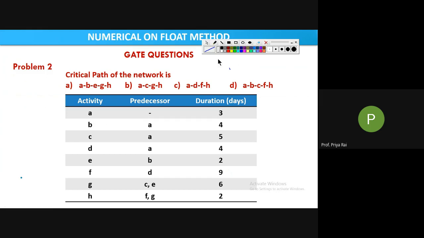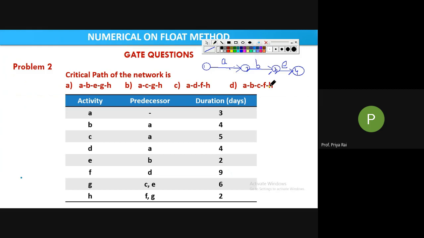See, if we draw the network diagram, this is 1, this is 2, this is 3, this is 4. So this is A activity. Okay, then this is B activity, then this is E activity. So like this they have given the path. Okay, so this is A, this is B, this is E, like that. E, G, H. Okay. In the previous one they had given 1 to 2, then 2 to 3, then 3 to 4, like that.